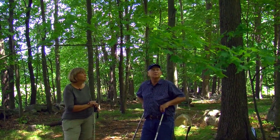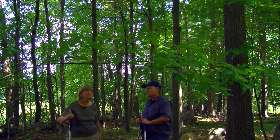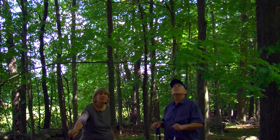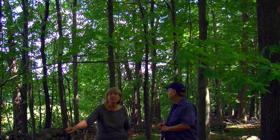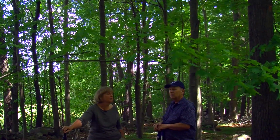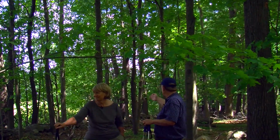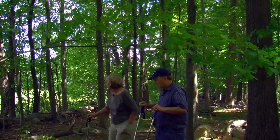But this is the colors in here in the fall. Oh yeah, great. We don't see a lot of maples in our part of Virginia, so coming here to New England anytime is a treat, but in the fall it just lights up in here. Yeah, it's beautiful. And you can see we have some old stone walls here. And Scratch Flat has been an area historically